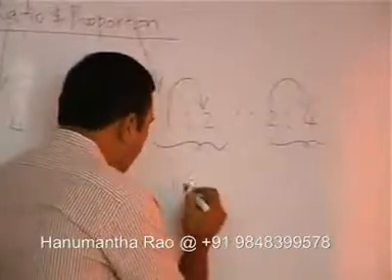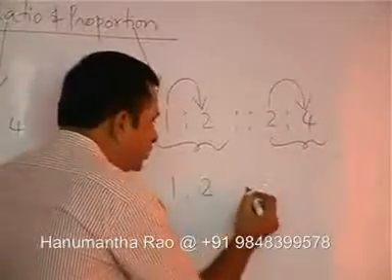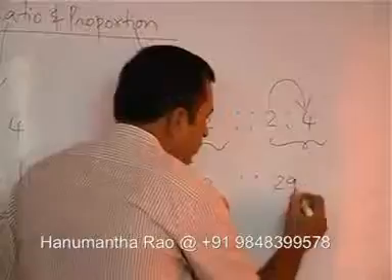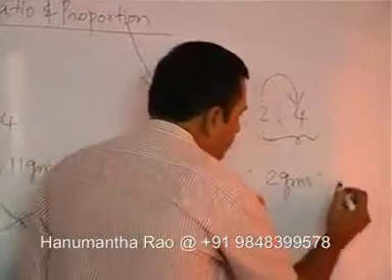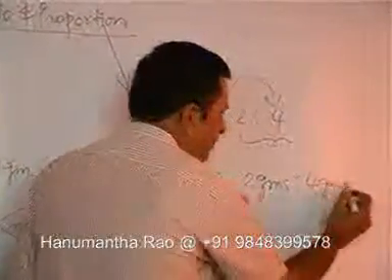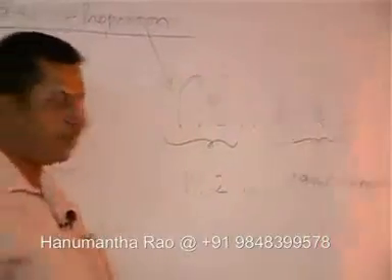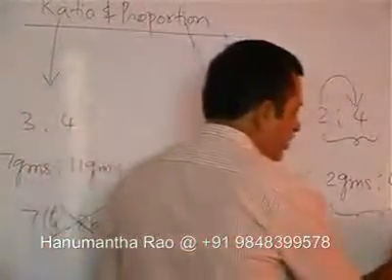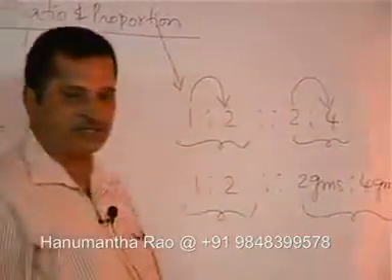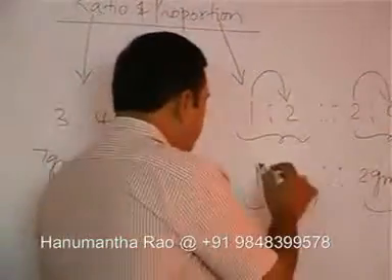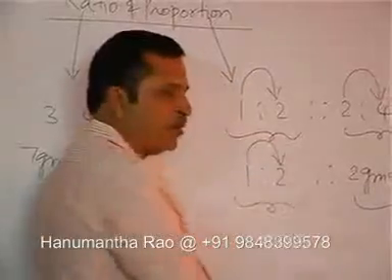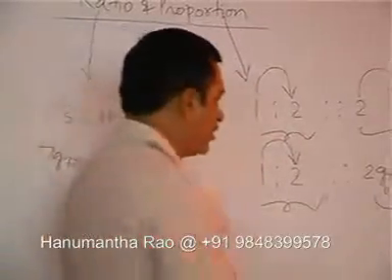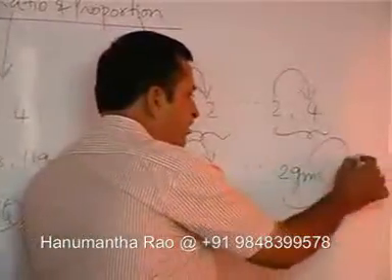Otherwise, I can even say 1:2 is as to 2 grams is to 4 grams. According to the ratio, these two are in one compound quantities and these two are in one compound quantities. According to the proportion, the relation whatever you have between 1 and 2, the same relation holds between 2 grams